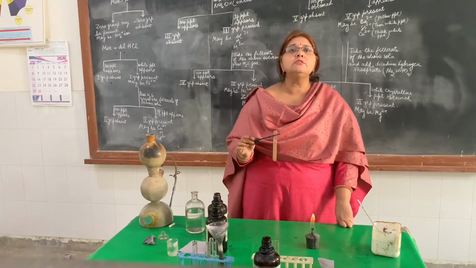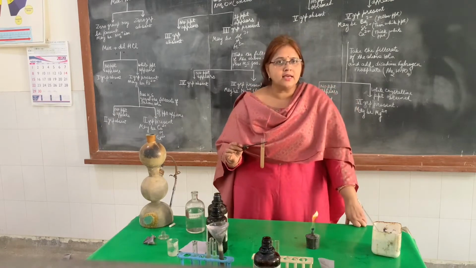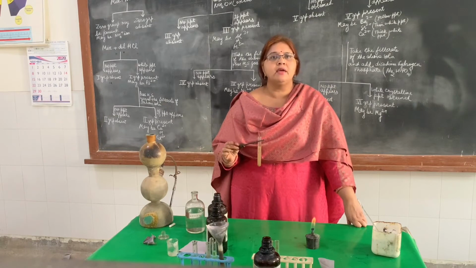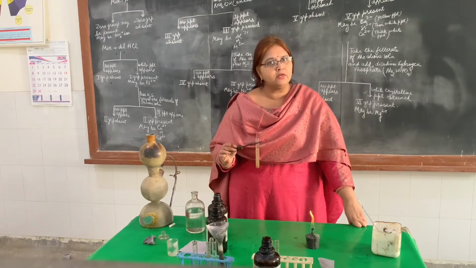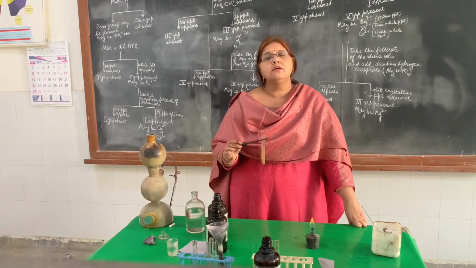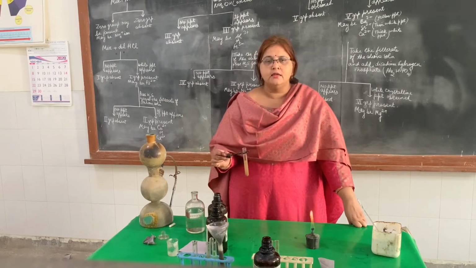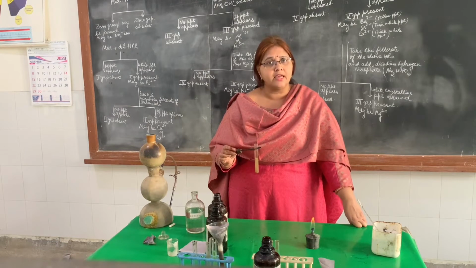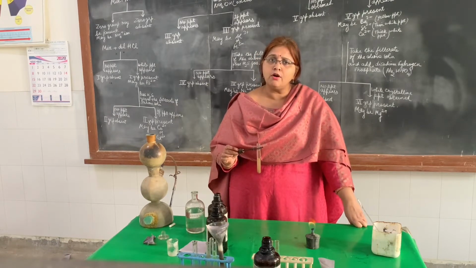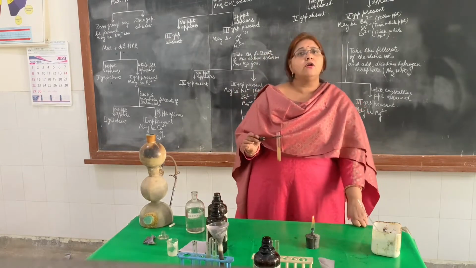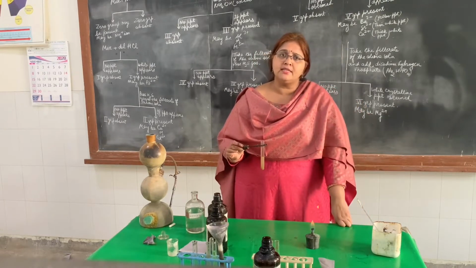So this is a difference between the zinc ion and manganese ion. In zinc ion we will add the minimum quantity of NaOH, while to confirm the manganese ion we have to add the maximum quantity, the excess amount of NaOH. So likewise we are able to distinguish between nickel, zinc and manganese. But this does not mean that all the three ions will be present at the same time. When the mixture analysis is going on, you have to make it very clear that either the zinc ion or the nickel ion or manganese ion will be present at one time.